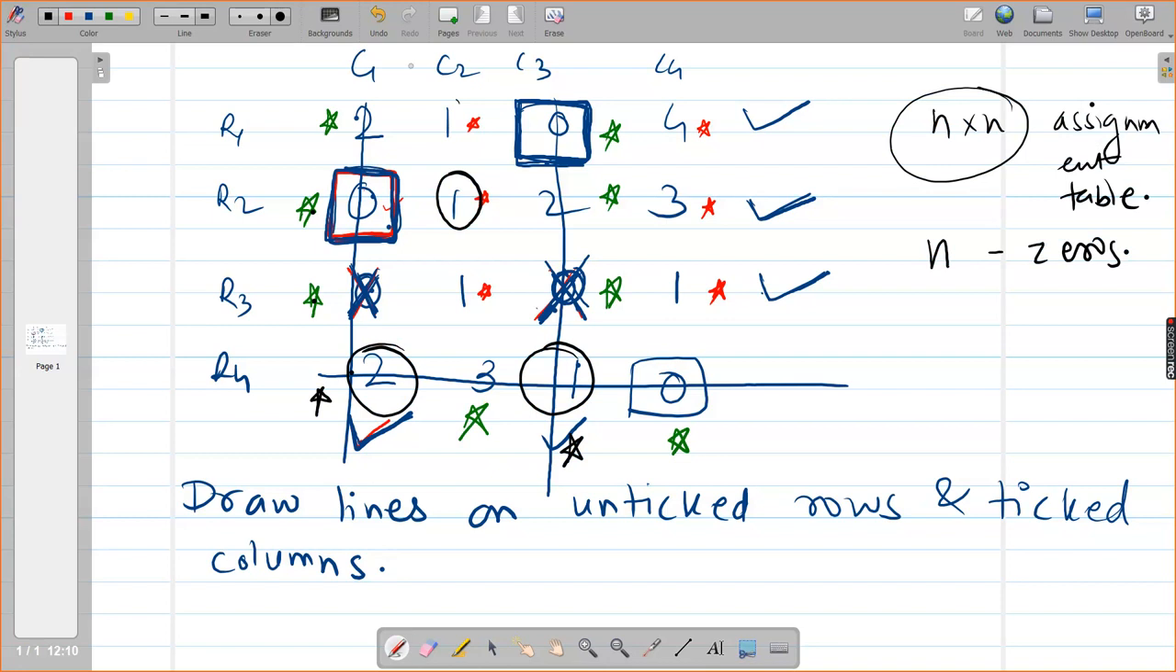First row, 5, 7, 11, 6. Okay, these are machines M1, M2, M3, M4. And these are the jobs to be performed. J1,